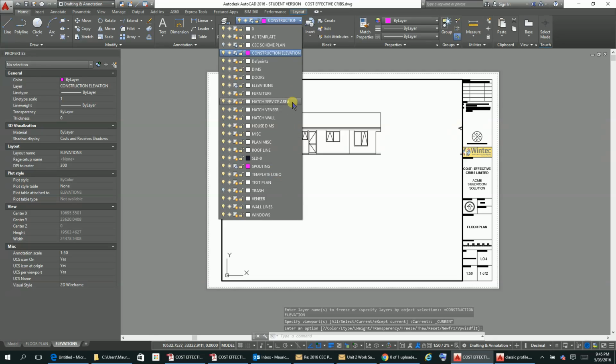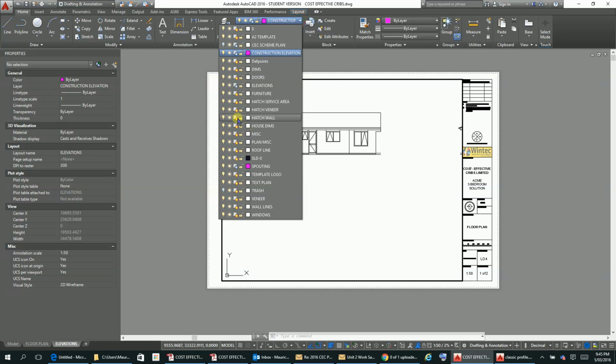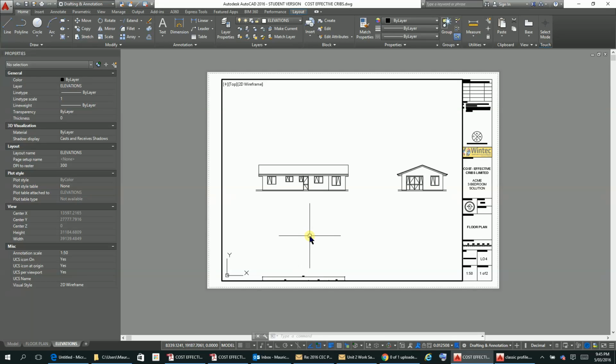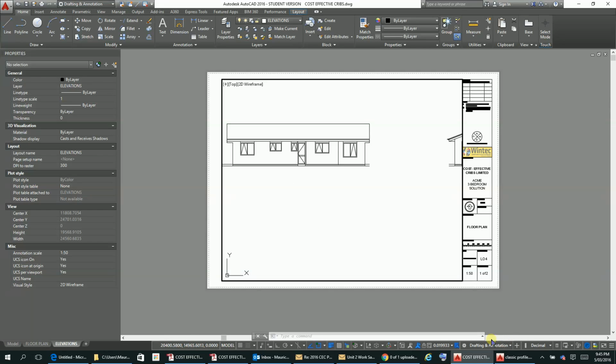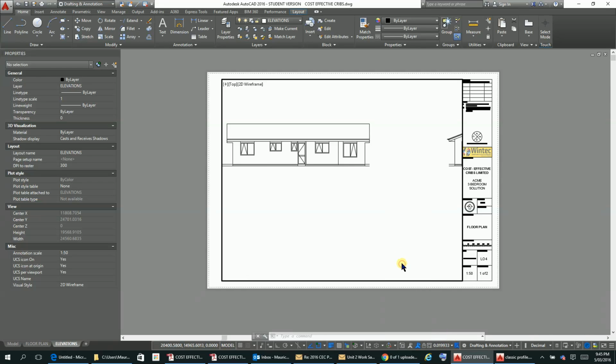Okay, and the elevations is turned on, and we probably want to make them the current layer, like so. Alright, now obviously we've unlocked here and we need to get our scale, and I think 1 to 50